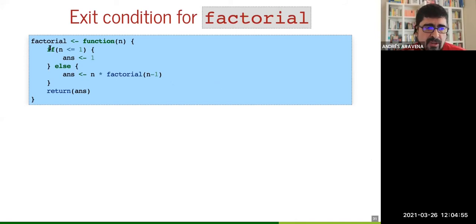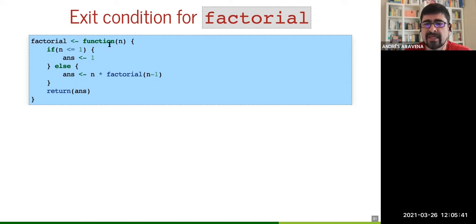The summary of what I want to teach you today is this. If you want to describe a problem in terms of itself, you can do that, but you have to take care of two things. One, that you have an exit condition. You have one case, at least one, maybe more, when the solution is very easy and you know it. You don't have to go one level down. It's like going at different levels. So if n is 0, you get 1. If n is 1, you get 1.